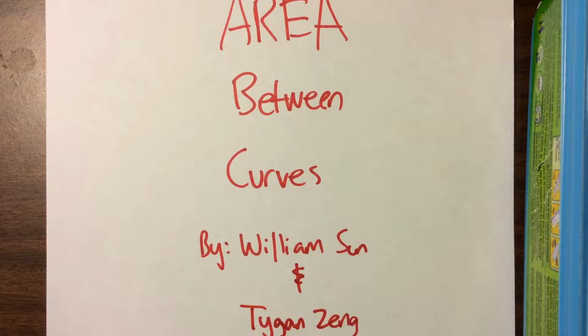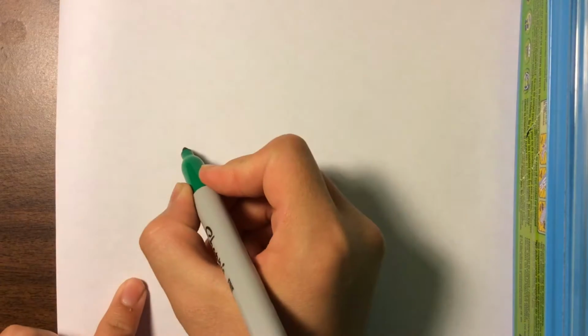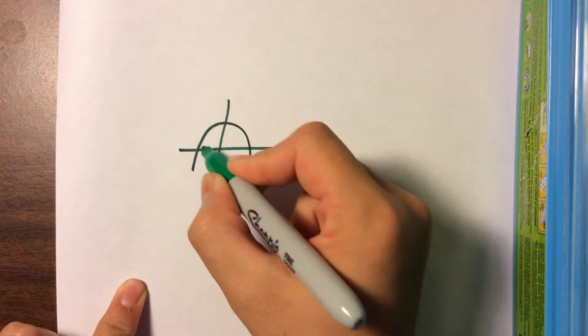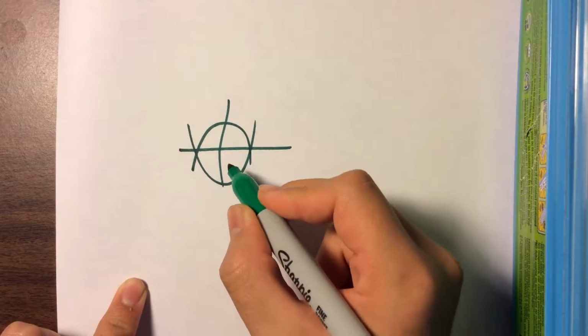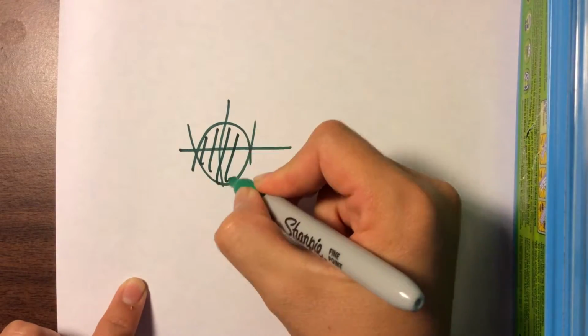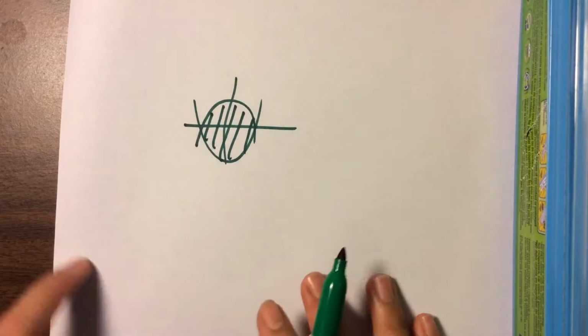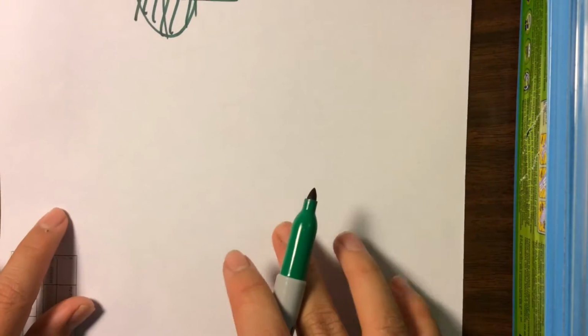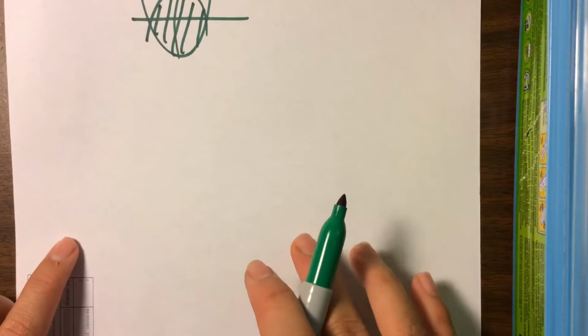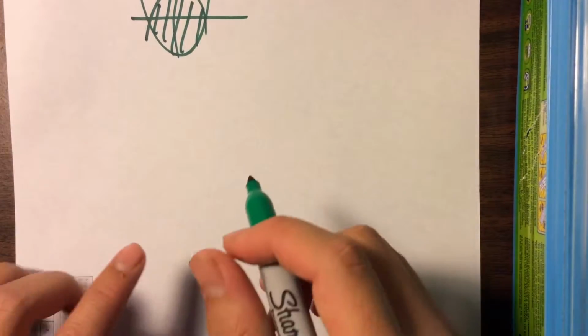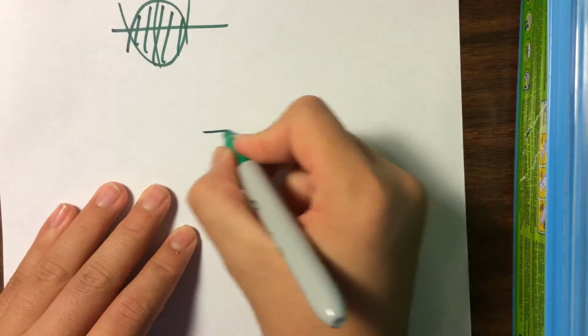Hello, in this video we will be reviewing how to find the area between curves. Alright, area between curves. What that means is, let's say you have two curves like this. The area between the curves is just this area. So, a simple way to understand or visualize how to solve these problems is, let's just